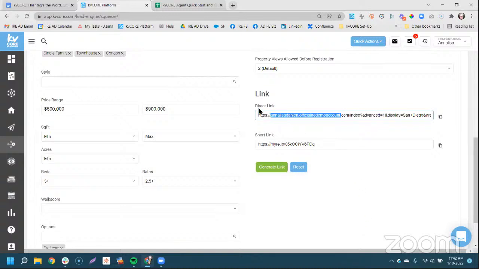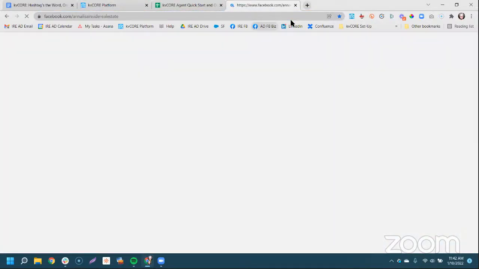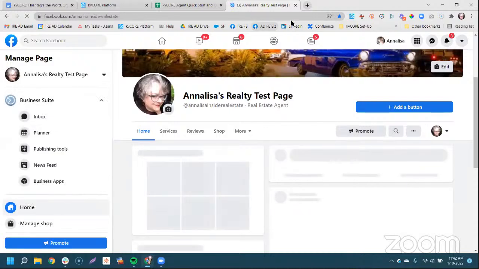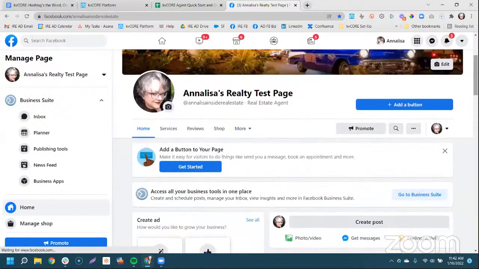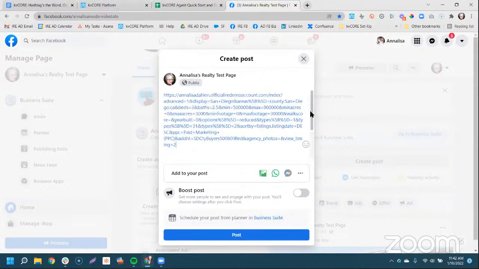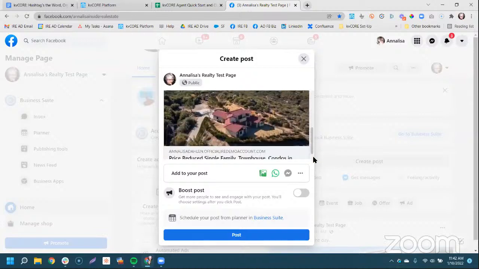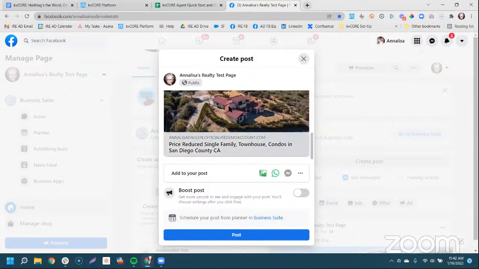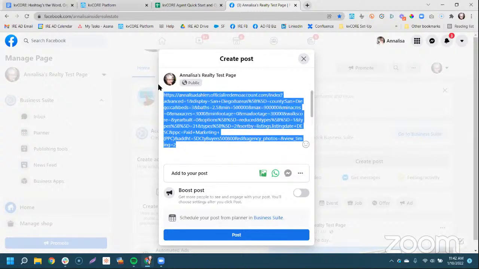If you're going to post on Facebook, you're going to use this direct link. And you're going to pop over to your Facebook discussion page, your timeline, LinkedIn, Twitter, wherever you're going to post these for free. Create post. Pop that little guy right in there. You're going to see an image land here after a dramatic pause from Facebook, maybe 2 dramatic pauses. Once you see an image here from one of the images from the results and your address here for your URL, you can 86 that information.